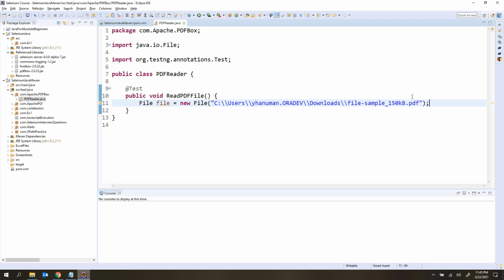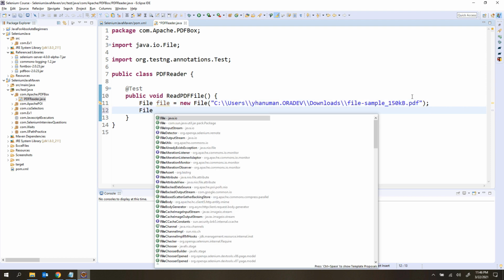So we want to read the data from this file, right? So for reading the data, what are the options we have? We have something called input streams, right? So what exactly will this input stream do? It will read the data from the file in the raw format. So it will read the entire data and keep it in the form of raw data. It will not convert it into any text format or Excel format or any PDF format, because it doesn't know what kind of data is present. Okay. So that is why it will keep it in the raw format.